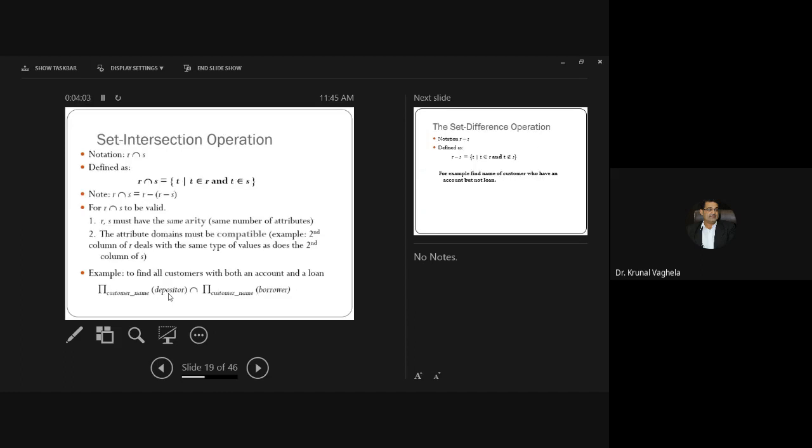Intersection. What is intersection? It will give you common names. It should be in R and S. The rest of the conditions are the same: for R intersection S, R and S must have the same arity and the domain should be compatible.